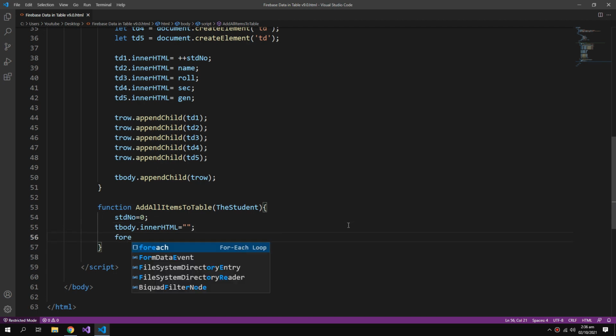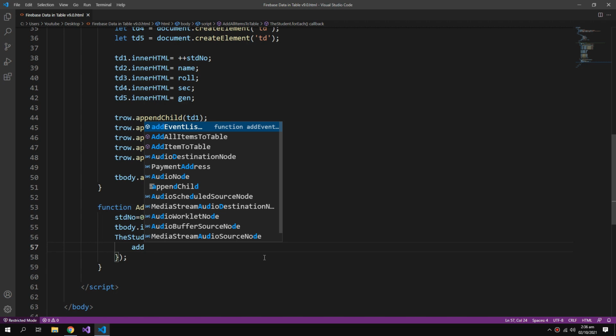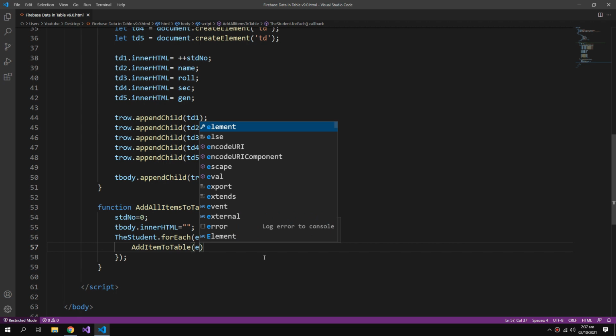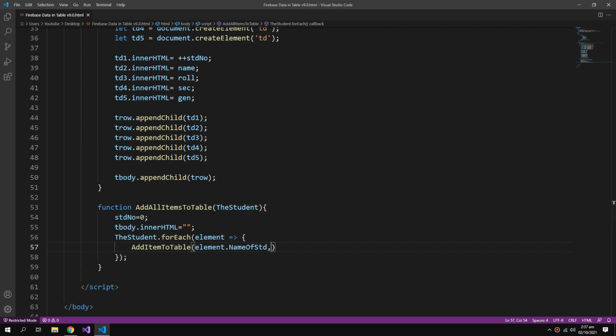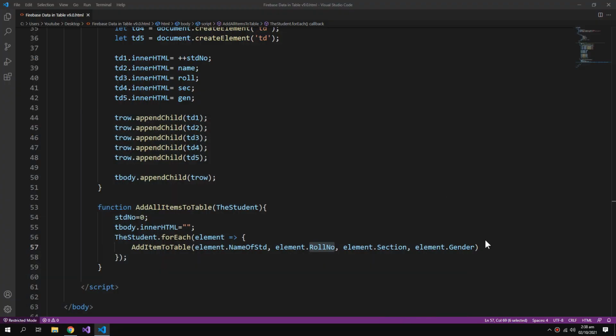Then I will add a forEach loop that will take this array and add item to the table. So from this array I will get the name of the student, so these names should exactly be the same as the field names over here. So this function is also complete.